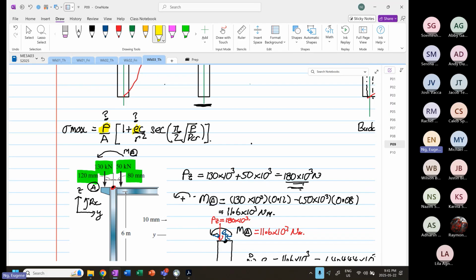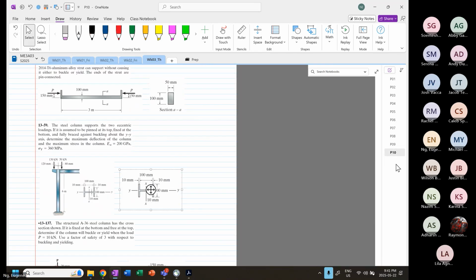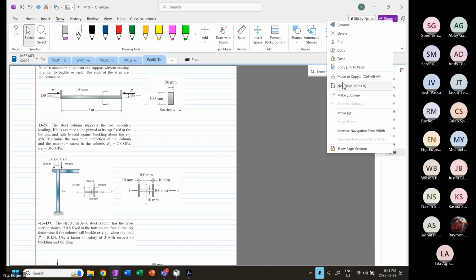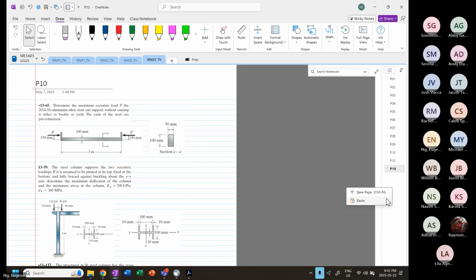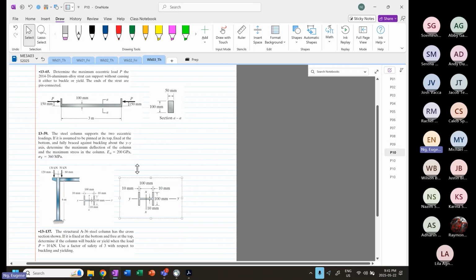So now we know P, and we know what our E is. Next we have to find our PCR. So P we know already. If we were to acquire our PCR, hold on. Okay, so if we were to